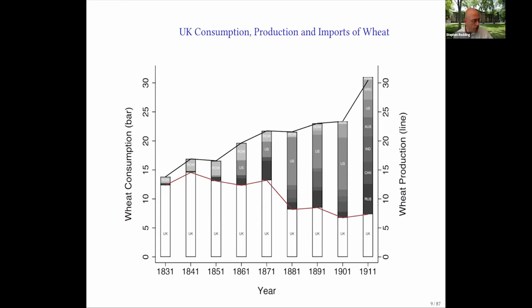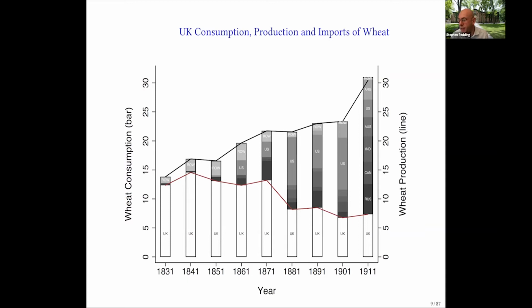And this figure here just illustrates some of those key historical trends. Before the repeal of the corn laws, what have we got here? The bottom line here in red is British production of wheat, as estimated in particular by Sharp in his earlier work within the economic history literature. The gap between the red and the black lines is UK imports of wheat. And this is all measured in quantities, quarters of tons. And so if you add up production plus imports, you get the black line, which is UK consumption of wheat,